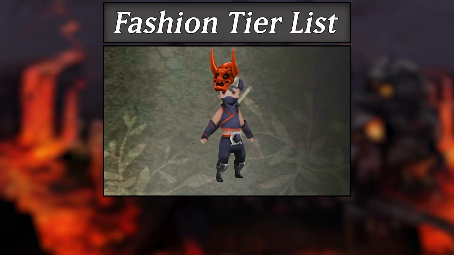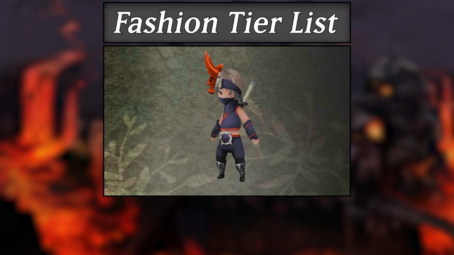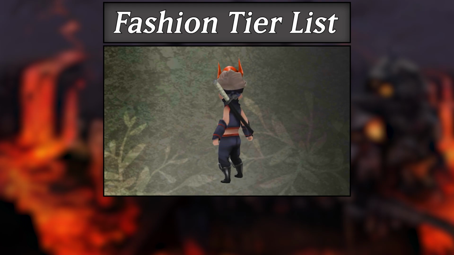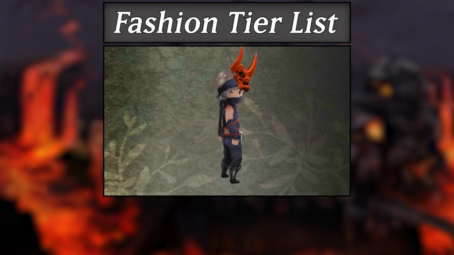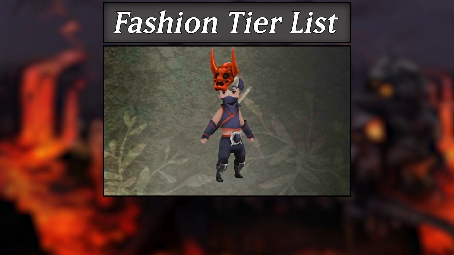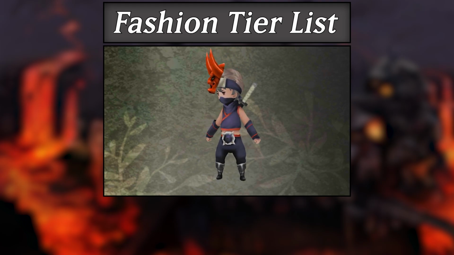And onto the fashion tier list we go, starting with the boys. His design is both really cool and also a little clunky. First, I love the Oni mask that he has on the back of his head, and I kind of wish you could toggle it to be on the back of his head or have him wear it as an actual mask. The extra katana on the back is neat, and the fact that his outfit is a midnight blue color is a neat detail,